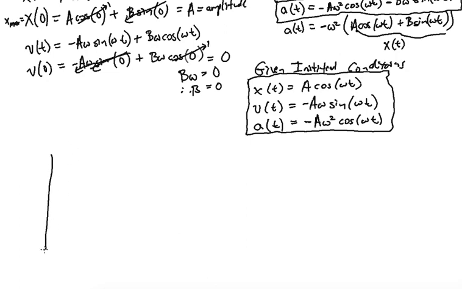So let's do a position versus time graph. Well, here's time, here's position. Position is a cosine. Cosine starts at 1 and goes down. It's not very great, but draw a cosine line like this, something like that. Oops, I don't know why that happened. And then when you look on here, you'll have